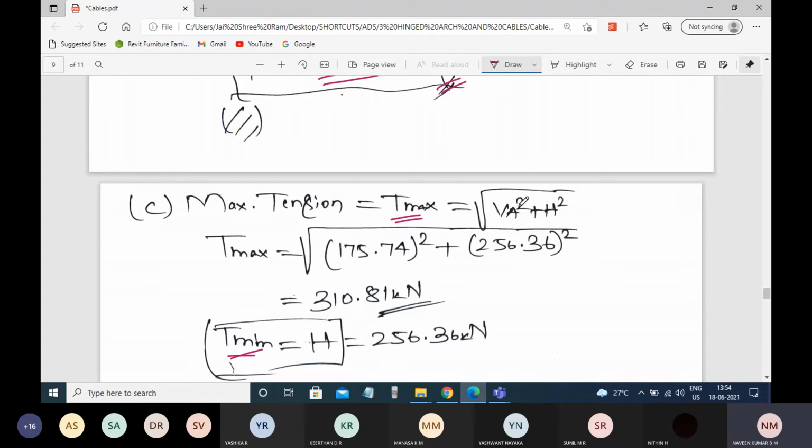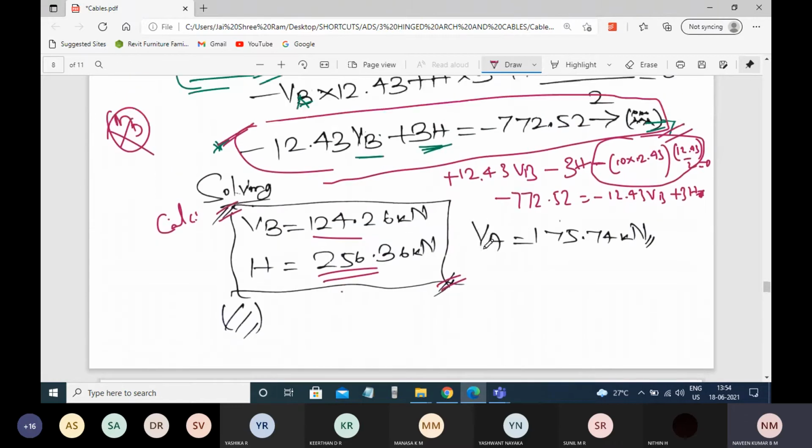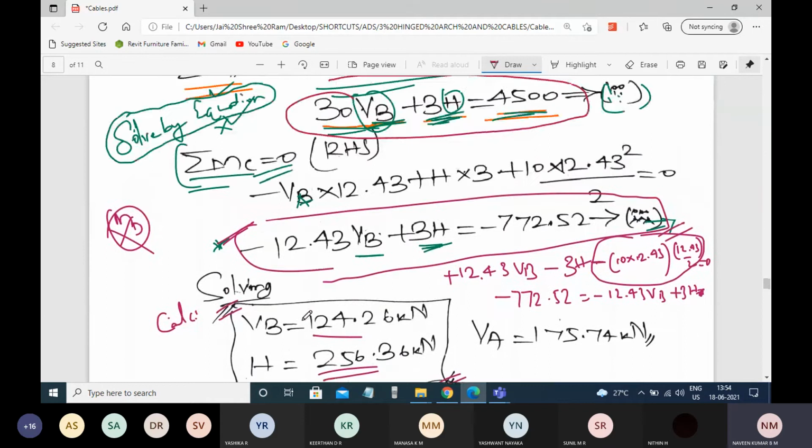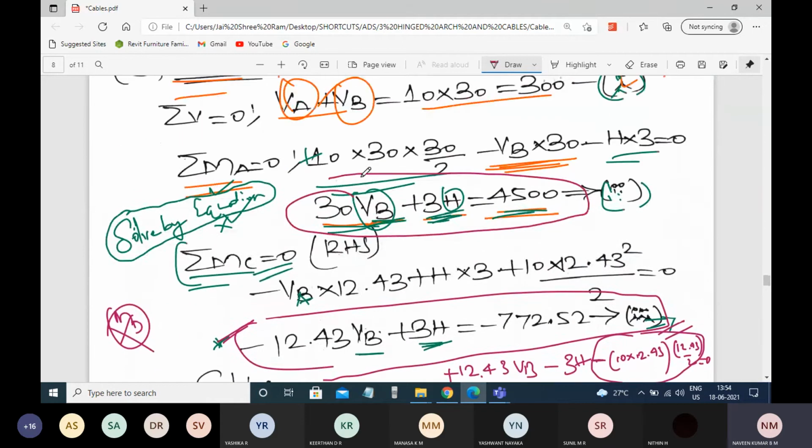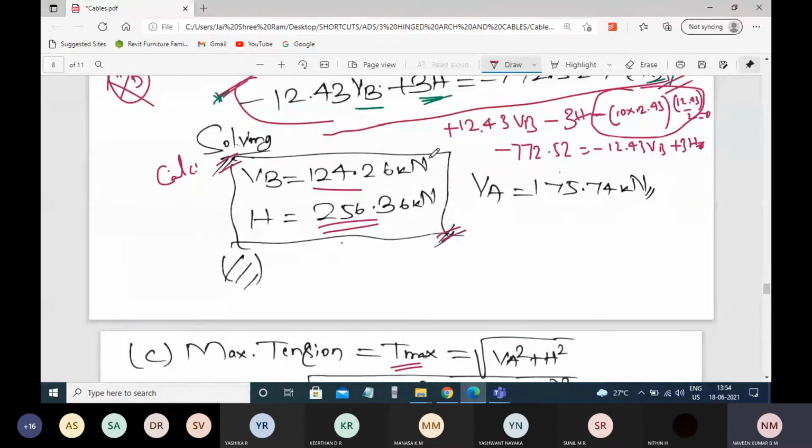So for maximum tension, once you get these two equations, again you substitute VB in the equation 1 where you can find VA, right? So you just check among these two, VB and VA. Which one is having maximum? So this is maximum, right? So out of these two, which is maximum, you need to consider as the V. Okay. So V equals to VA. Why? Because the value is maximum.